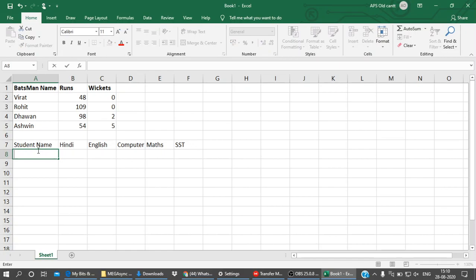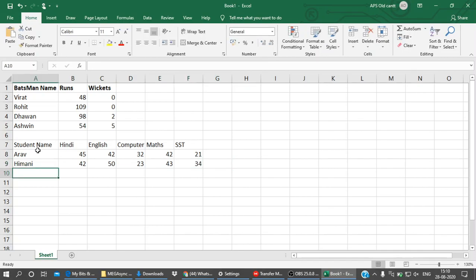Say student one is Arav, Hindi 55, 42, 32, 42, 21, and then Himani, say 41, 42, 50, out of 50, 22, then say Abhishek 32, 33, 41, 43, and 54.